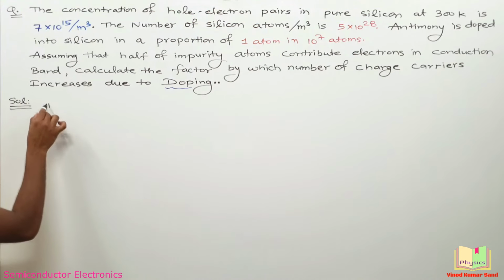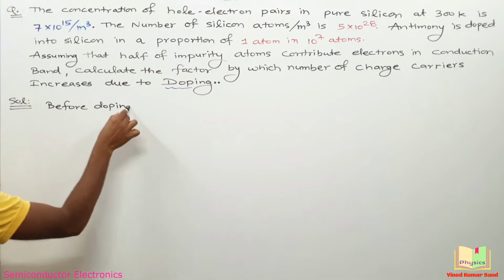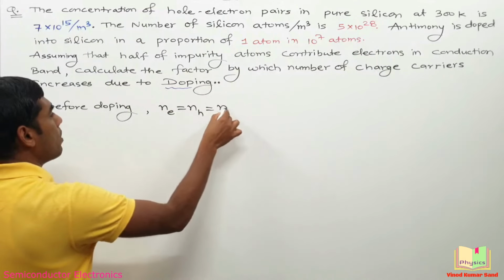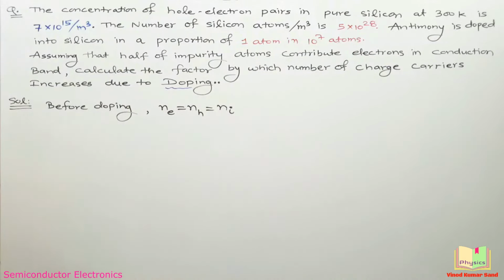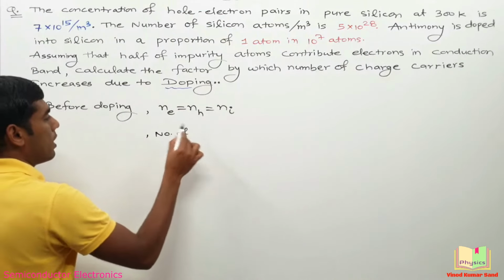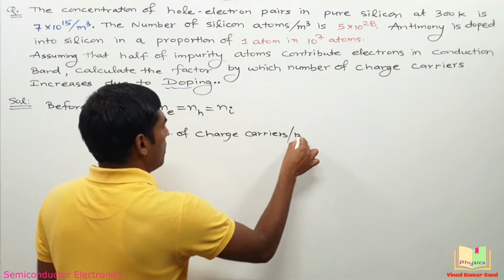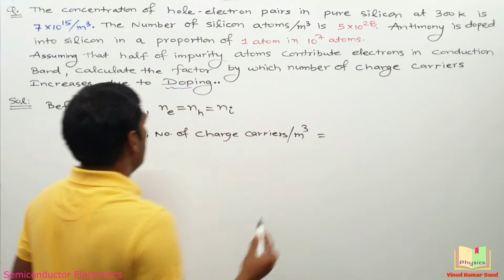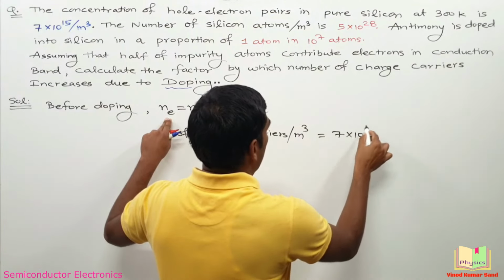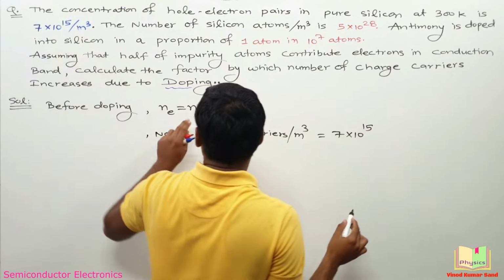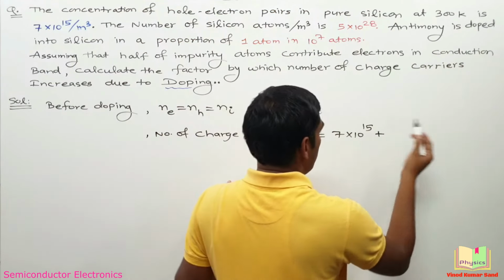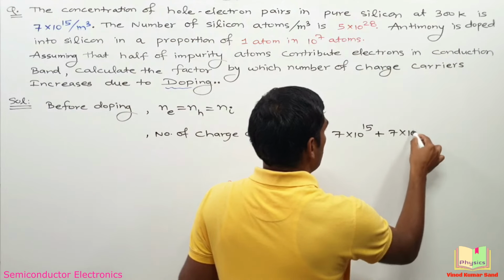Let's start the solution. Before doping, we know that Ne is equal to NH is equal to Ni. So the number of charge carriers per meter cube will be equal to 7 into 10 to power 15. This is the concentration of the free electrons per meter cube, plus the number of holes per meter cube is also same. So 7 into 10 to power